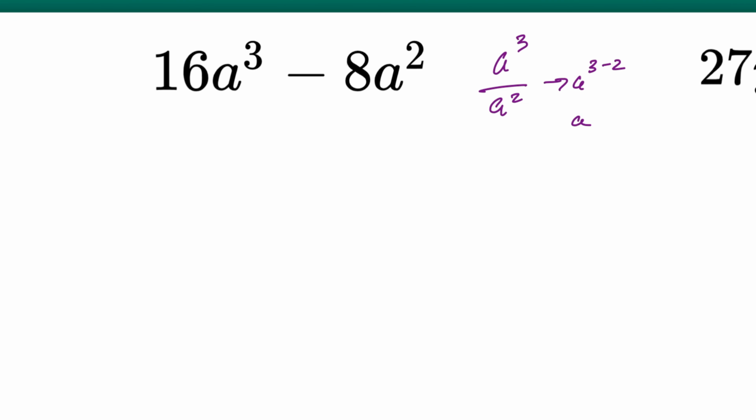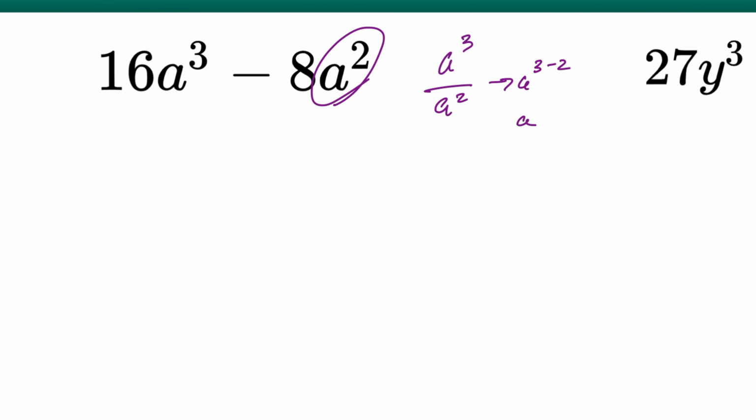And what I mean by that is, for a to the power of 2, we cannot have a greatest common factor that is bigger than that, just like we cannot have a greatest common factor that's bigger than 8, because it's the smallest number. So it's the same thing here, and it's a little bit easier with variables. You can actually just look at the variable and go, well, that's the biggest thing that goes into itself, and that's the biggest thing that goes into a to the power of 3. So our answer here for the greatest common factor would be